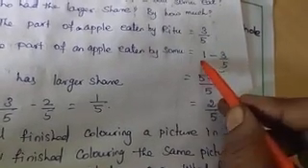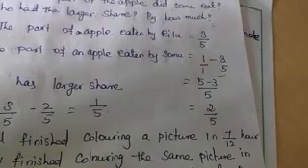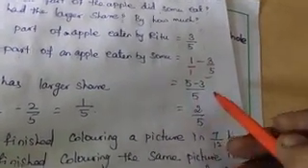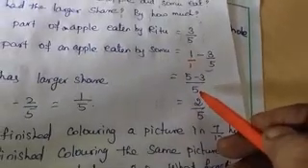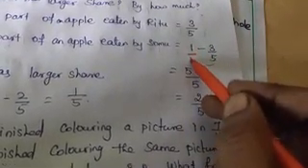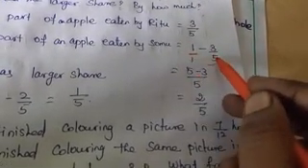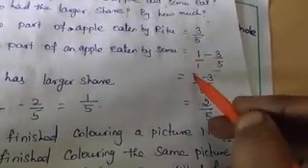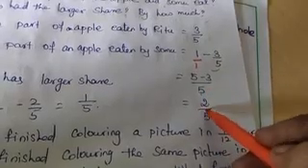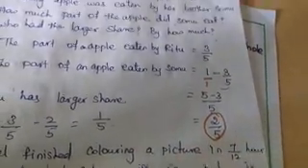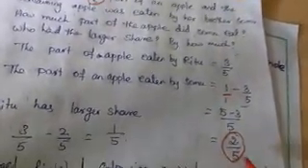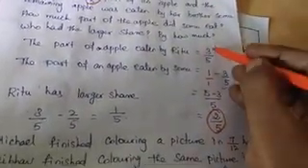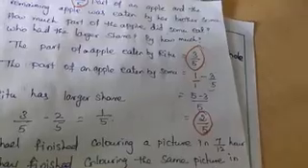So 1 minus 3 by 5, again it is an unlike fraction. Convert to like fractions. LCM means, again it is very simple, 5 is the LCM over here. If there is no denominator we take it as 1. So 1 and 5, the LCM is 5, so 5 should be multiplied. So 5 minus 3 by 5 is 2 by 5. Right? So Somu has eaten 2 by 5 part, whereas Ritu had eaten 3 by 5 part.